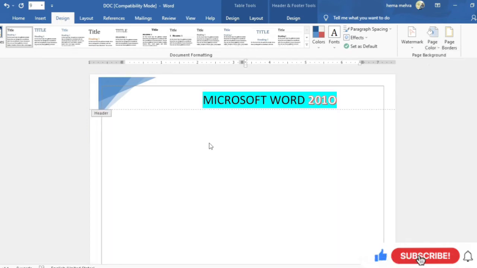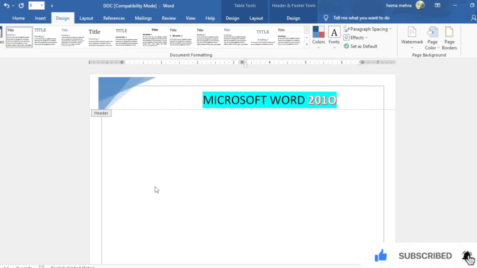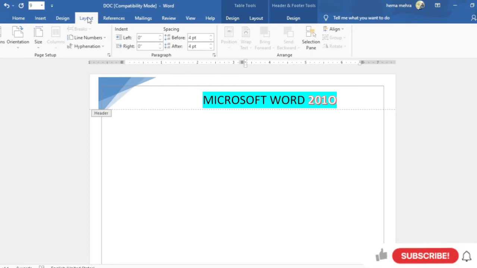So portrait means this is the way we use a portrait in a standing position, and if we talk about the landscape way, our whole document will appear in a slanting way. Okay, so for changing your document layout, first we have to go to the layout option, and here you will find page orientation.